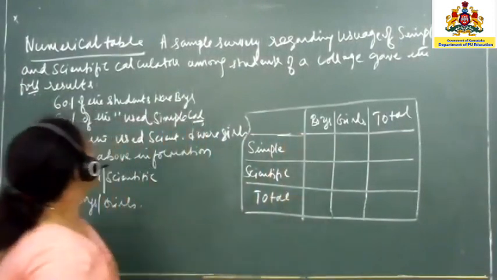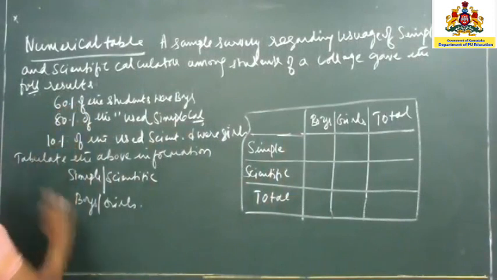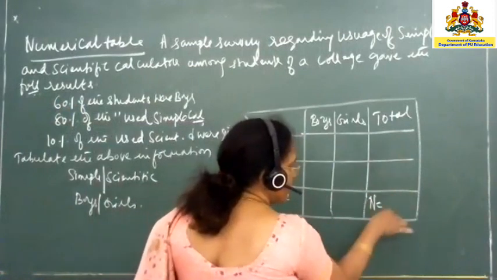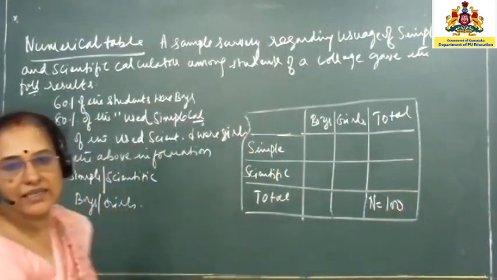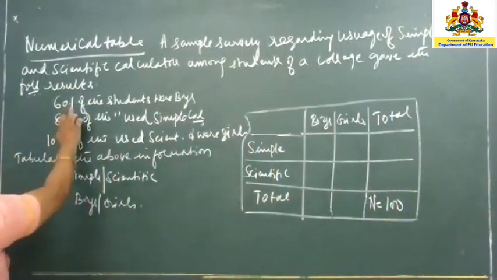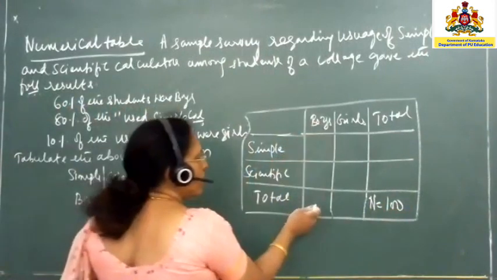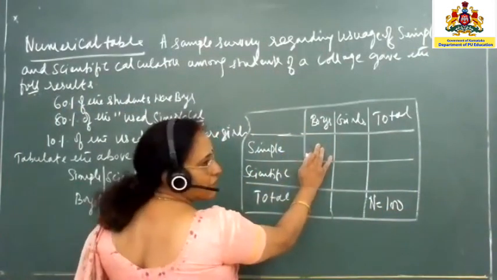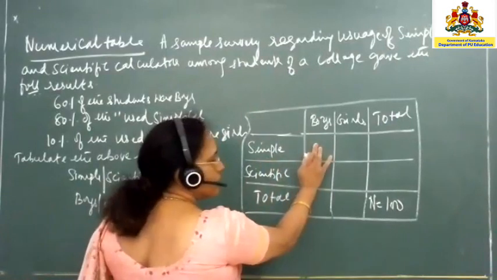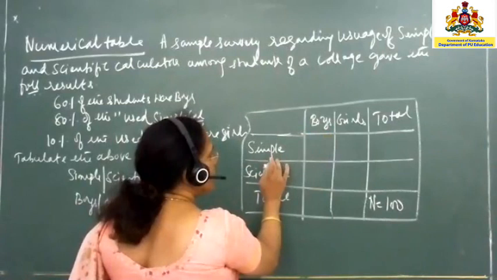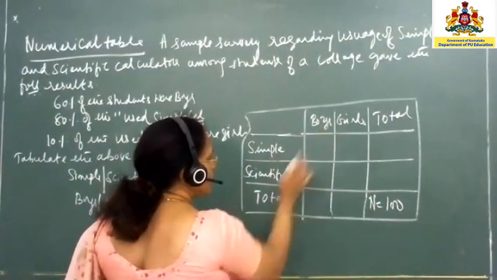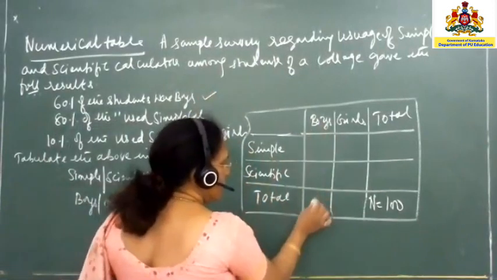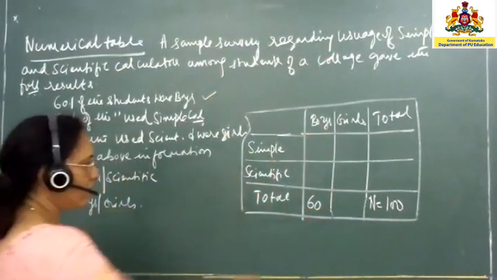So here, because the percentage is given, 60%, 80%, 10%, you have to remember that the total strength of students will be 100. That is the last column in your total. This has to be taken as n equal to 100. Okay, now come to the first question. 60% of the students were boys. Suppose I put this as 60. Percentage means you have to take 60 only. If I write 60 here, it means what? They are boys, but they are using simple calculator. If I write here, they are boys, but they are using scientific calculator. But what is given in the question? They are only boys, so the total number of boys is 60%, that means it is 60. So I have to write only here.